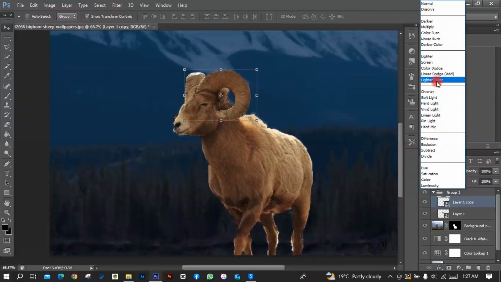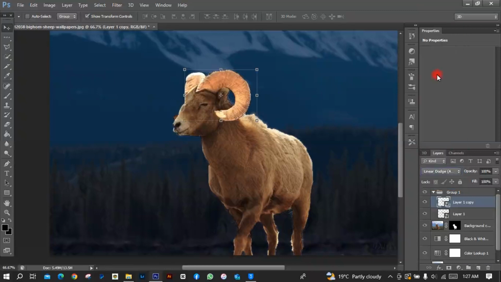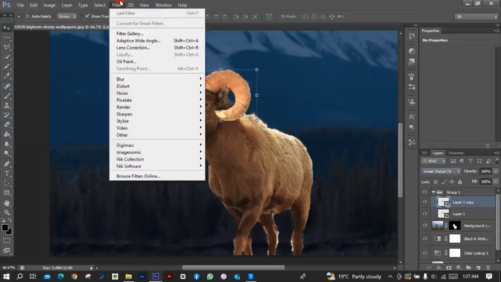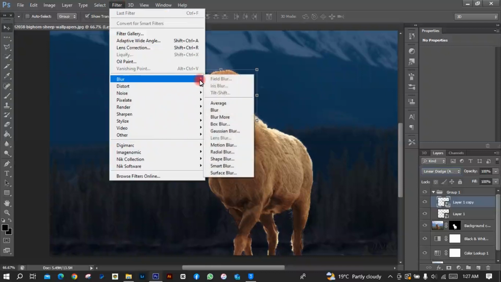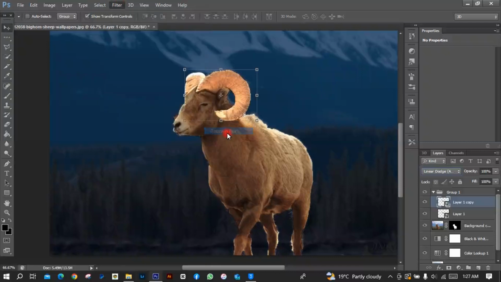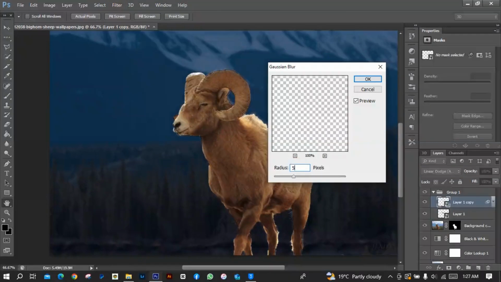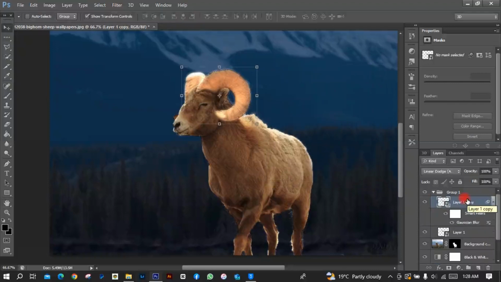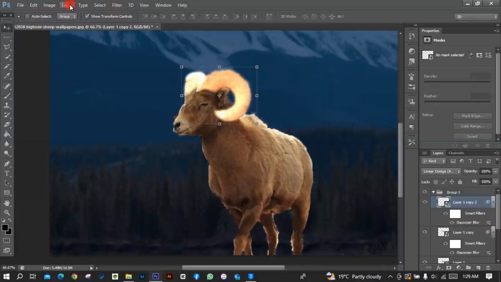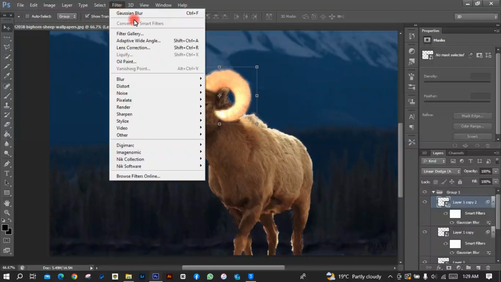Then on the copy, you're going to do a blending of linear dodge, and then you're going to go onto your filter, and you're going to do a Gaussian blur of 5 pixels, and you're going to select OK. You're going to hit Ctrl J again to duplicate. You're going to go onto filter again, then you're going to select blur,